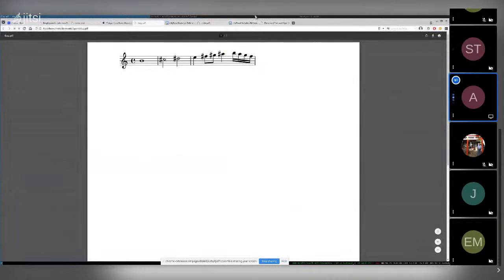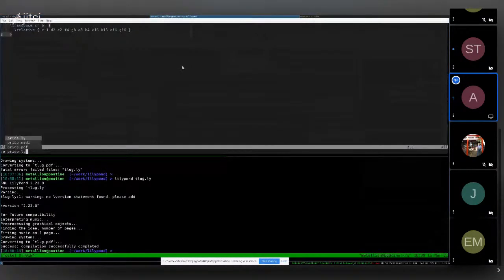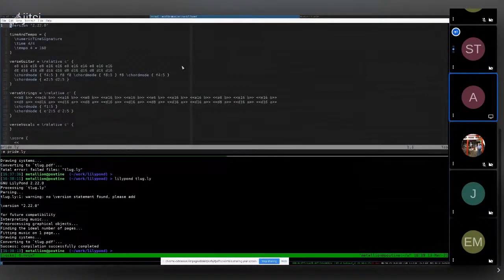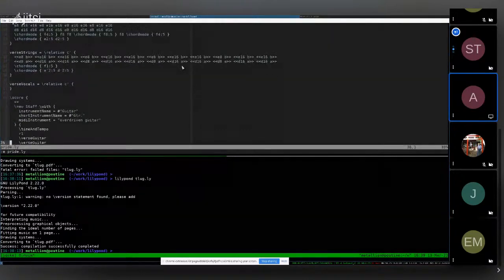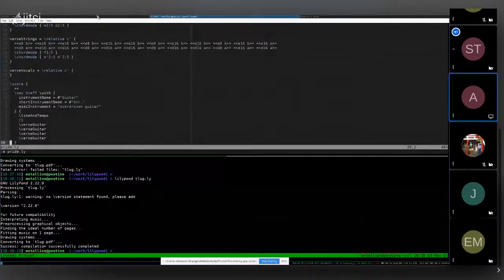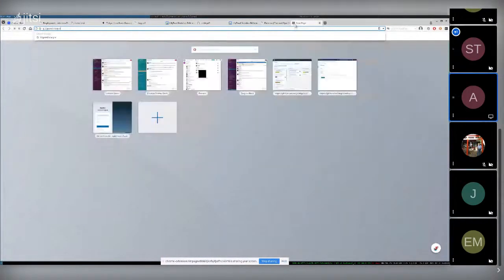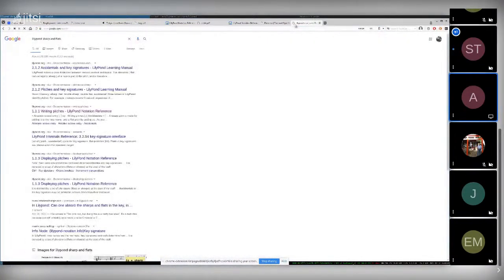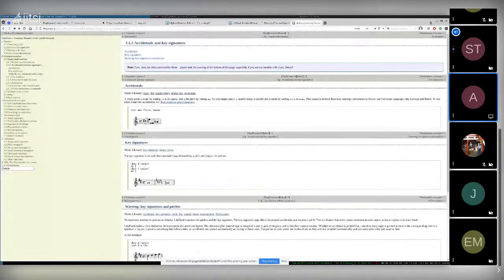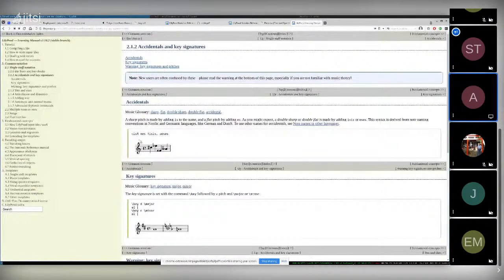And then how to do sharps and flats. I think that's what's going on with MuseScore interfaces versus Lilypond interfaces, that people just have different habits of thinking. And then, of course, MuseScore is pretty clearly written for people who aren't programmers. A sharp pitch is made by adding IS to the name and flat by adding ES. So CIS is C sharp.